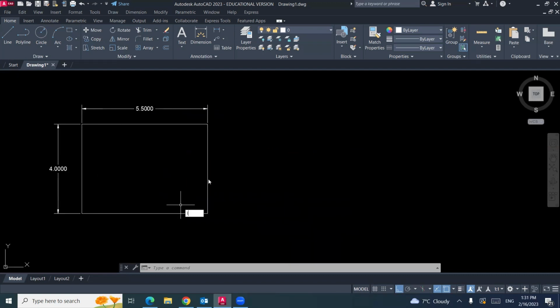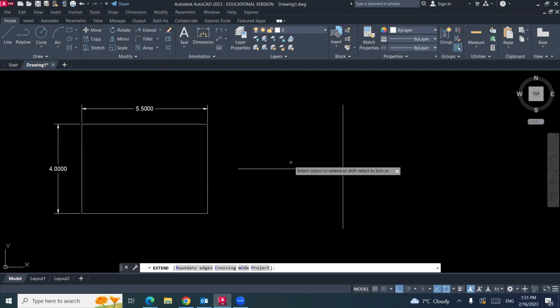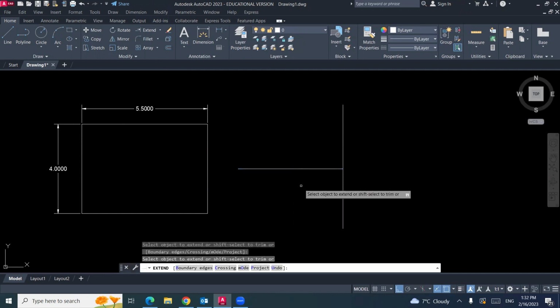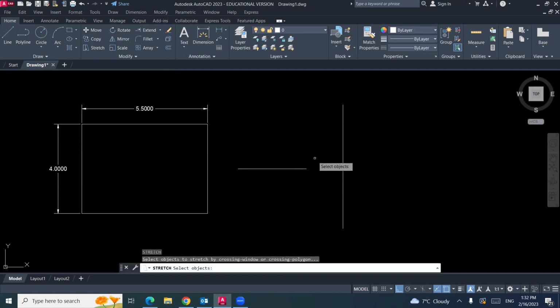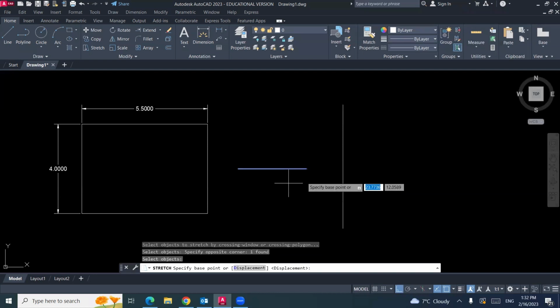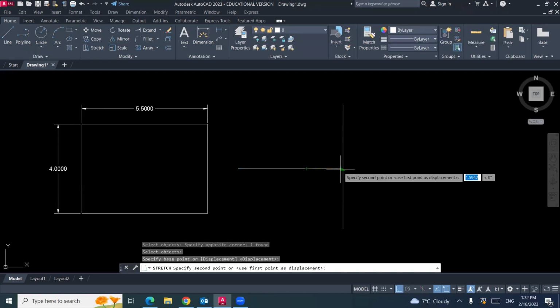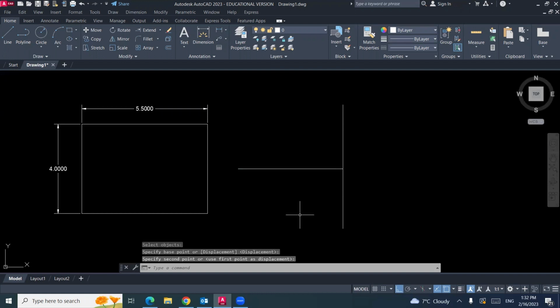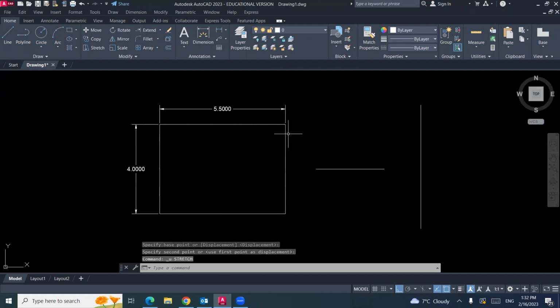Also, if you have a horizontal line and a vertical line, how can I extend this line to this line? We have a command before which is called Extend. Do you remember that? Extend. From here, we have Extend. Then I can click on this one, so the line is extended. That's all. But we can use stretch. S, Enter. I will select this part of the line, Enter, hold it from here, and stretch it to be perpendicular. So I prefer Extend in this case, but for this rectangle, I need to use Stretch.